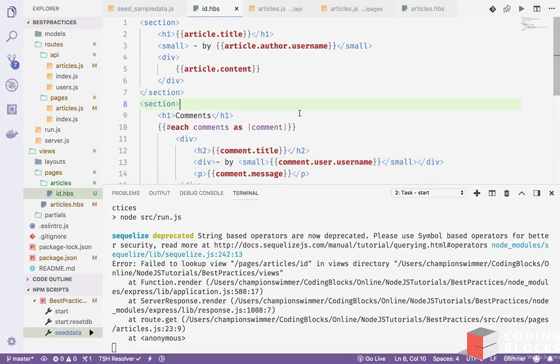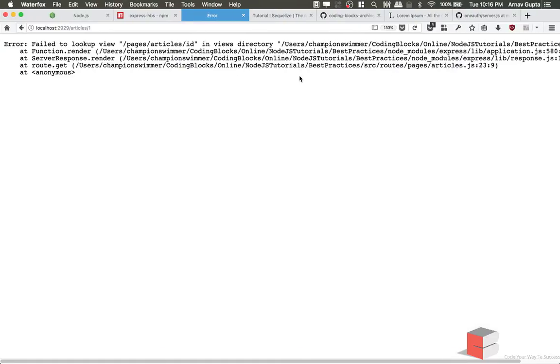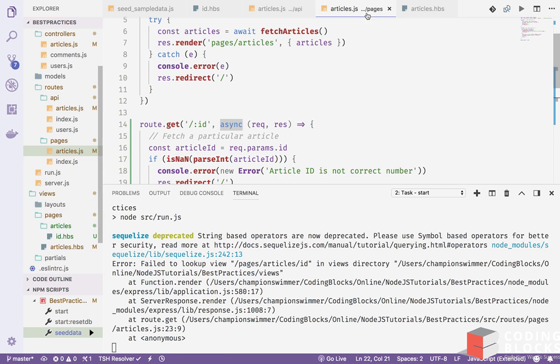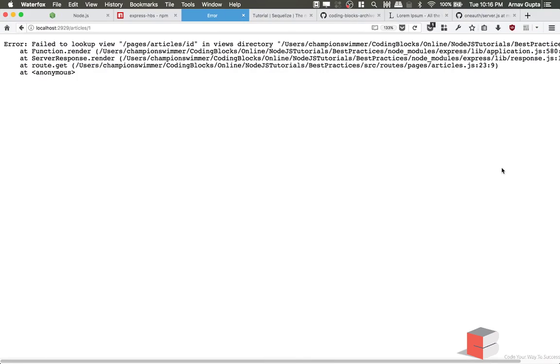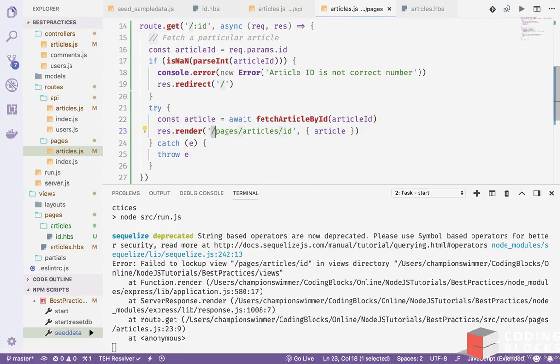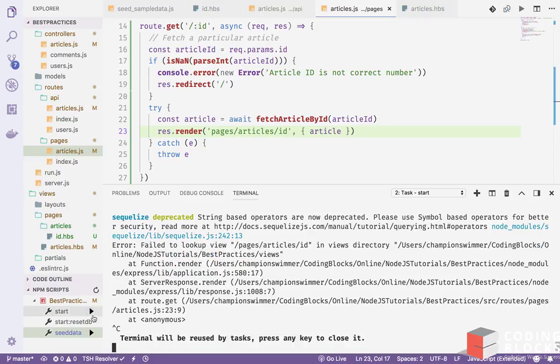Some problem. Pages articles id. There's some problem here. There shouldn't be this slash here. It should be just pages articles id. Just start it again